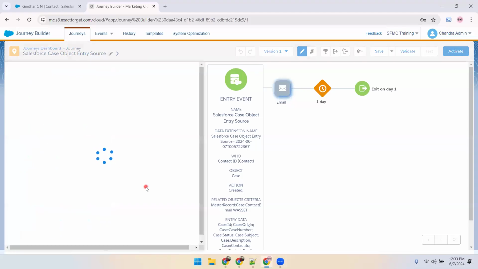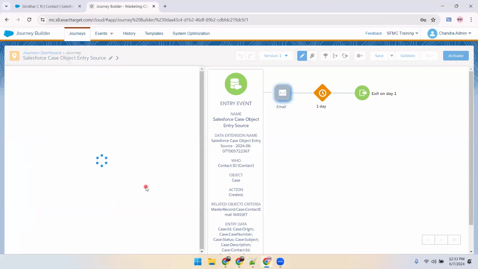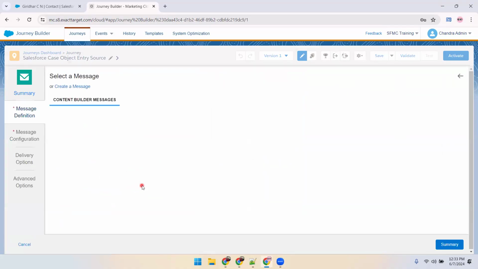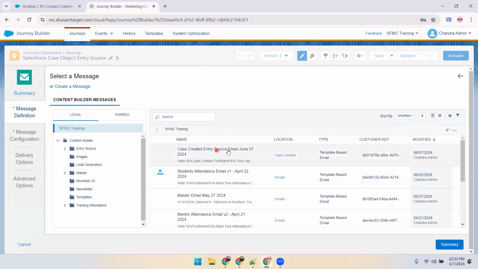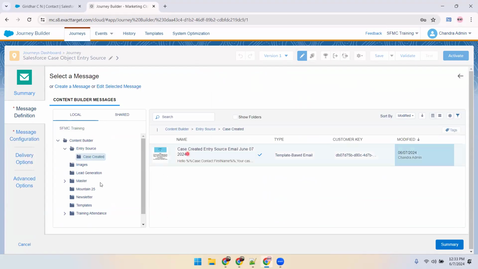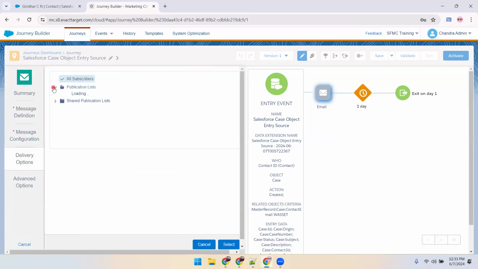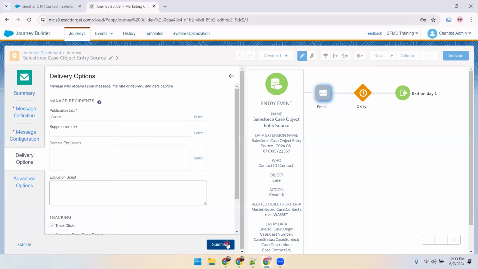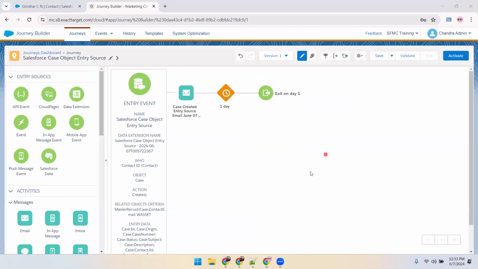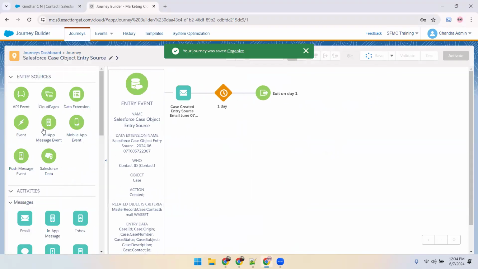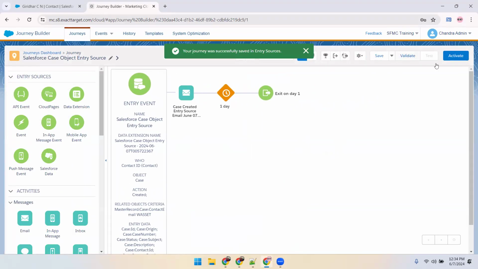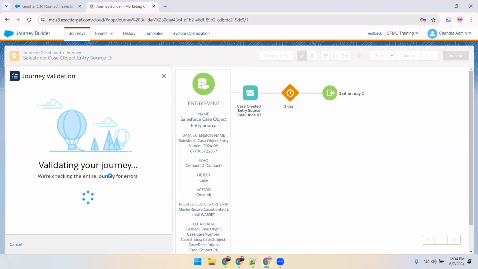email configuration. I should pick the email which I've created first. It will be here, but preferably go to the folder. Message configuration, it's default commercial SFMC training, delivery options. I'll select the publication list. Summary, done, save. I'll never forget to organize and validate it. If it is validated successfully,